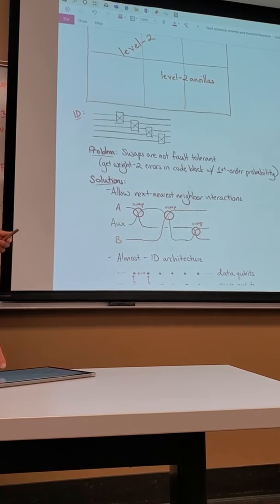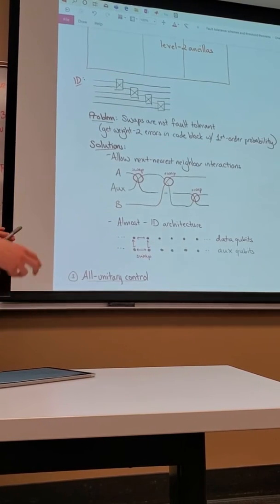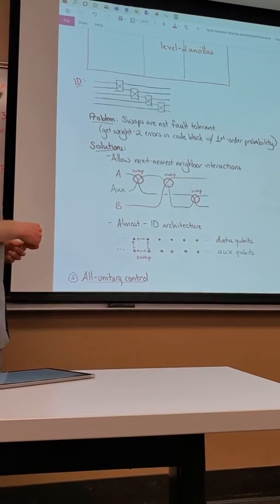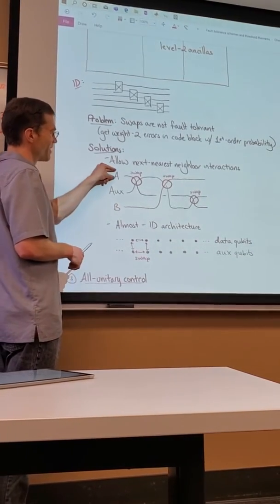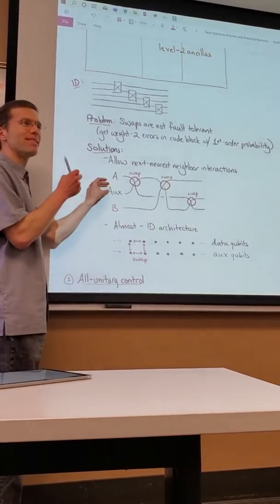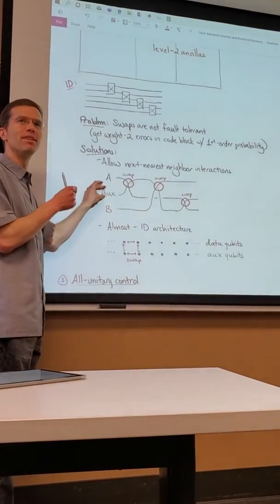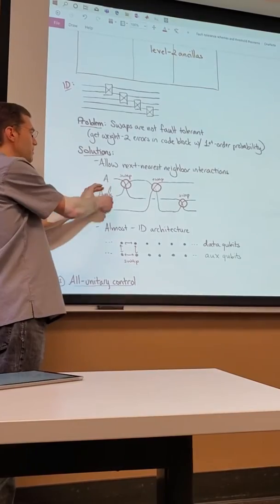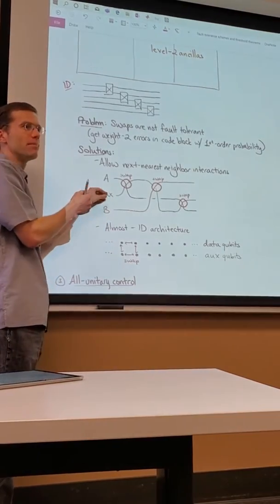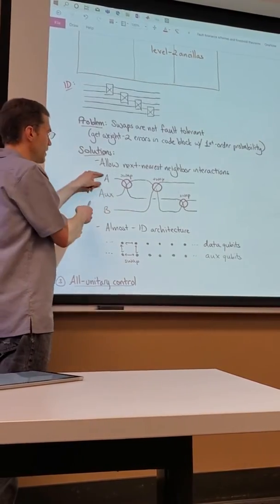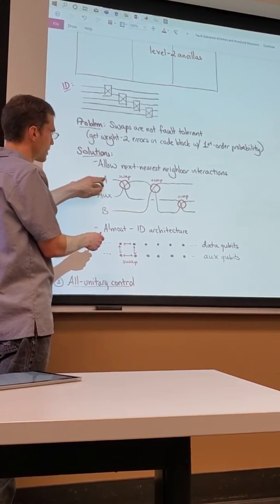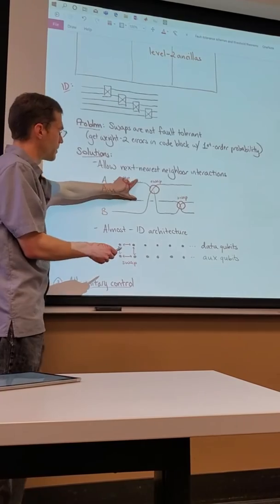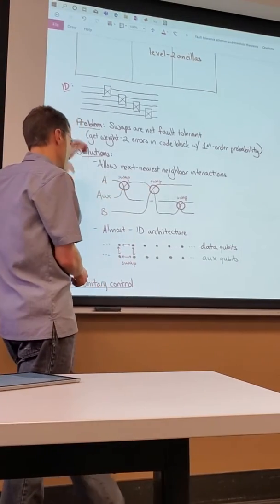But instead, if we have nearest neighbor interactions, you can make this work. Okay, this is kind of dumb, but it's a fun trick. What we do is we throw away half the qubits, we just call them auxiliary qubits. Between every 2 data qubits, we put a dummy qubit. Now, in order to swap this qubit with this data qubit, we first swap this one with the dummy qubit, then we swap,